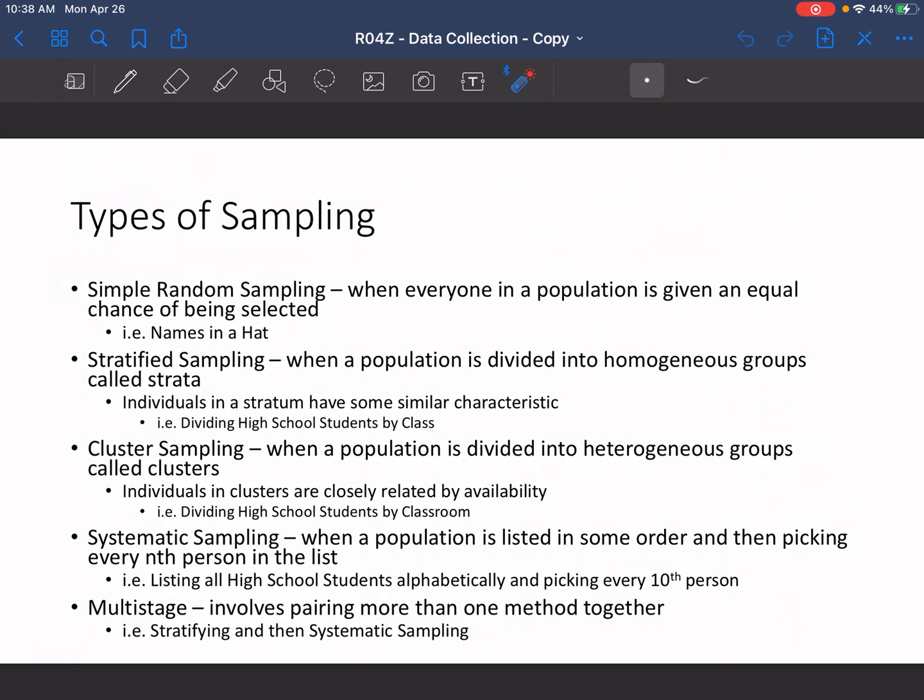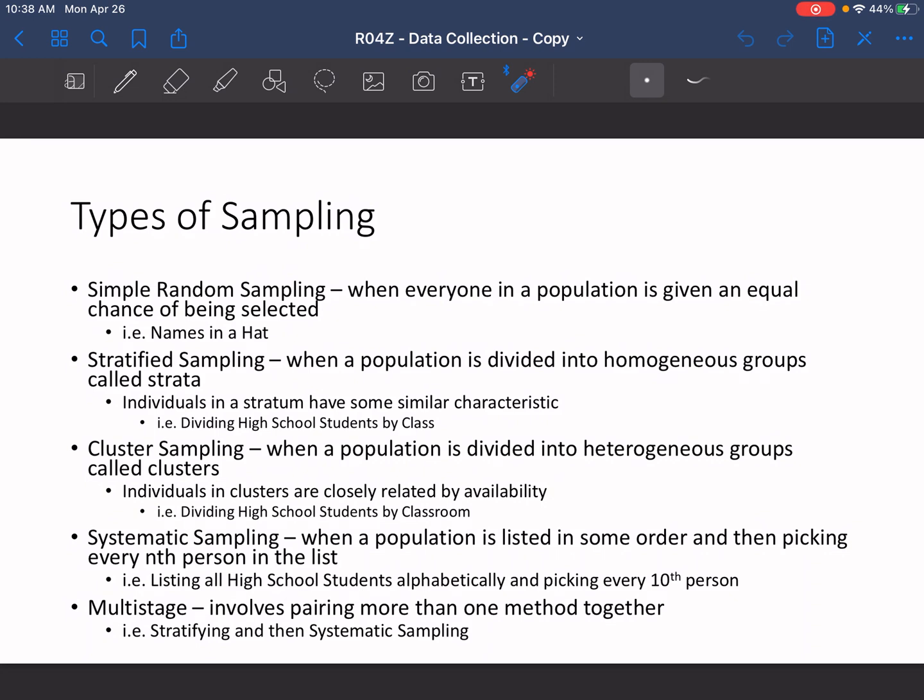The first is through just a simple random sample, or an SRS, if you ever see that, the same thing. And that's when everyone in the population is given an equal chance to be selected. And you want to think kind of, if I were to put a whole bunch of names of that population in a hat and I randomly drew them, that's a simple random sample. There's also stratified sampling as well, and that's when a population is divided into homogeneous groups called